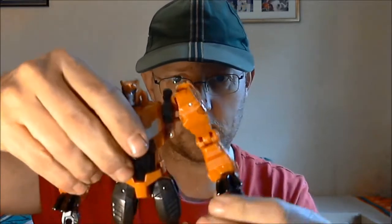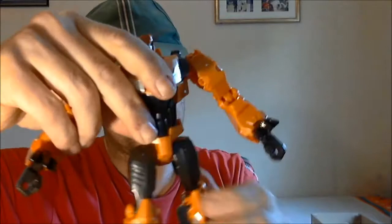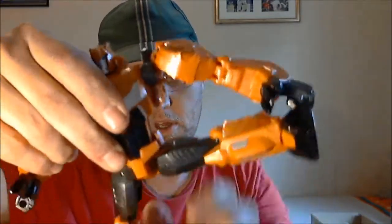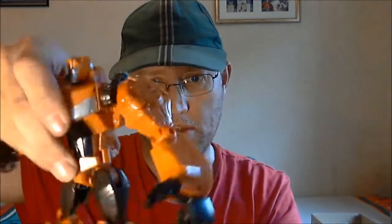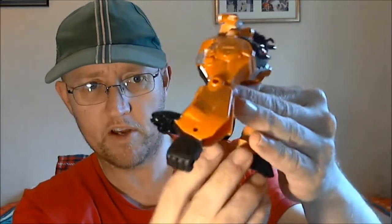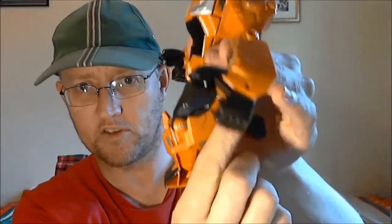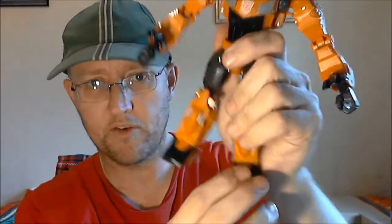Nothing on the waist. Universal hips. Can do the splits. And he's got very, very deep knees, but I think that's again part of the transformation. No thigh swivels, no bicep swivels, and nothing on the feet. The feet are actually fused solid. So, yeah,